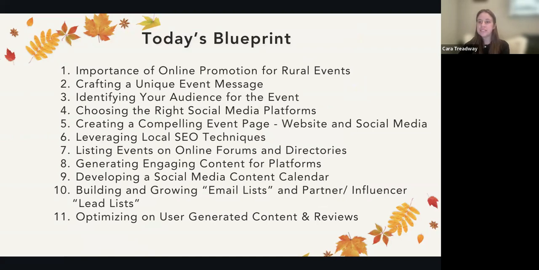You will learn tips for creating an engaging event page and how to enhance your visibility online with local SEO, and also utilizing online forums. We'll also discuss generating captivating content, building a social media calendar, growing our email lists, and collaborating with bloggers and influencers as well. By the end, we hope to give you some practical tips to help elevate your event's online presence.